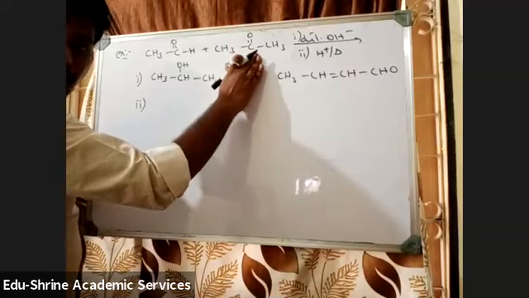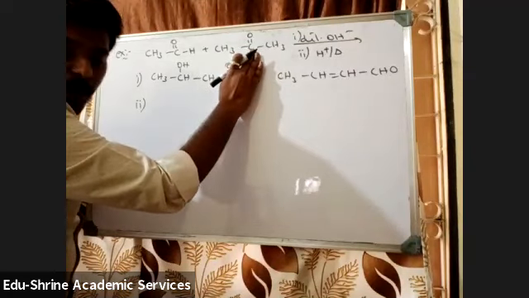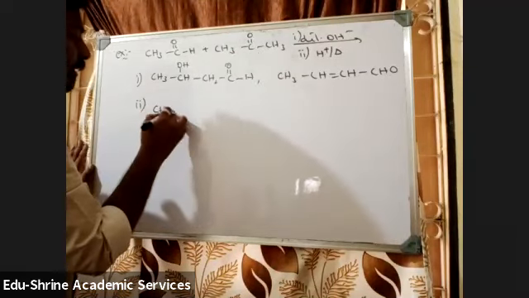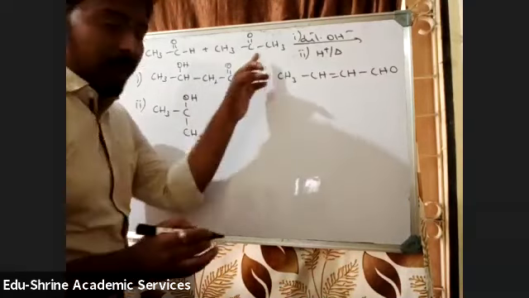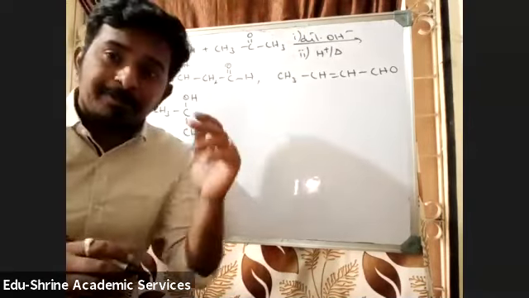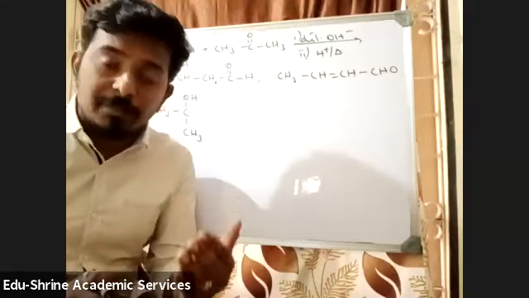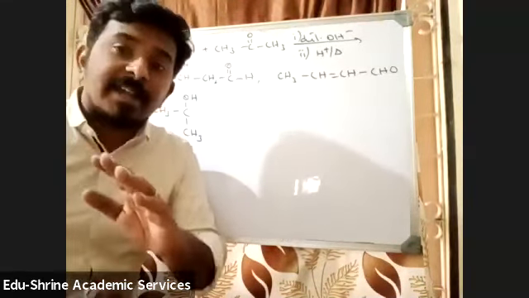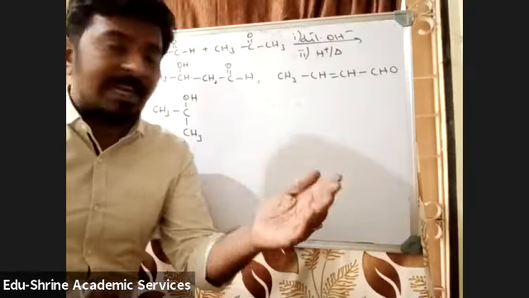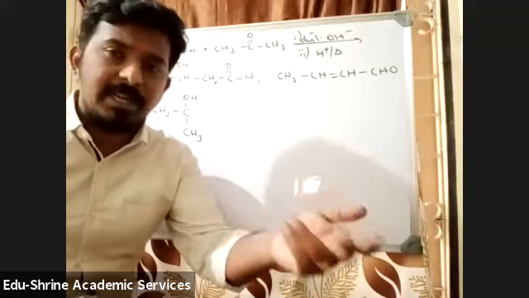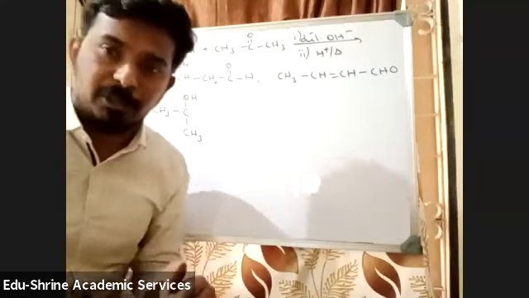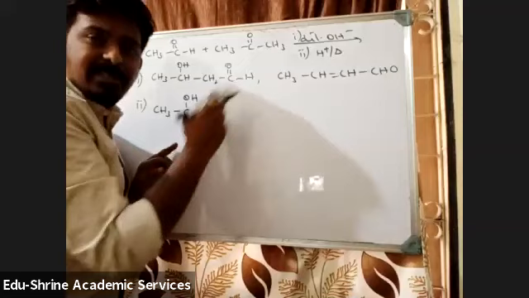From 2 acetone molecules, one will be converted to OH. CH3-C(OH)-CH3. See, if you are not able to write the product directly, even after writing many times, if you are making a mistake, please understand the mechanism. Once you know the mechanism, no need to know this principle of what is happening here. Write the mechanism, then write the correct product. No need to worry about that. But it is very easy to write the product.